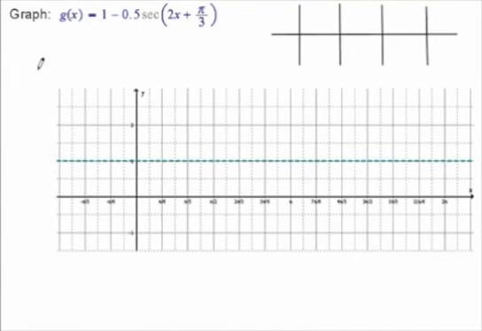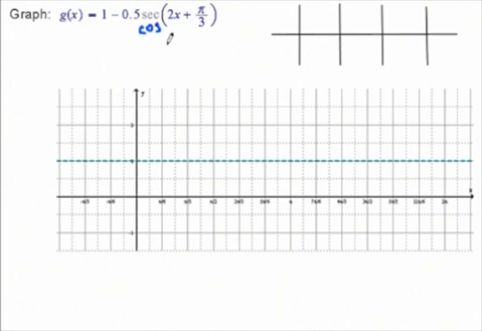An example to graph a secant function, and it's very similar to the cosecant function. For the secant function, we're really going to graph the reciprocal function of it, which is cosine. And from the cosine graph, we're going to formulate what the secant graph is going to look like. So basically, I'm going to ignore that it says secant, and first graph what this would look like if it was 1 minus 0.5 cosine of 2x plus pi